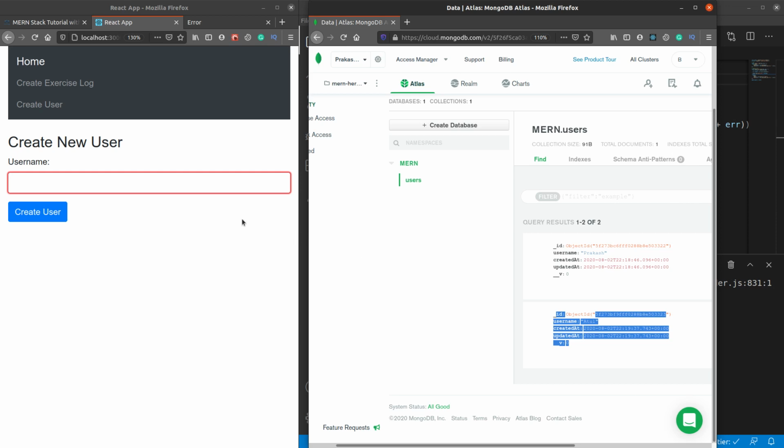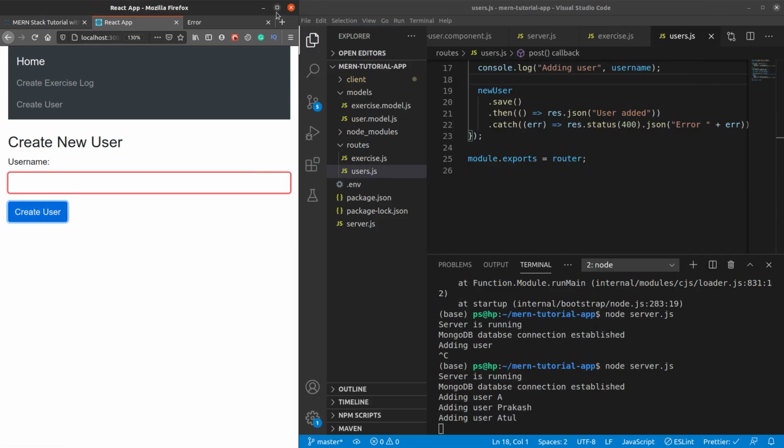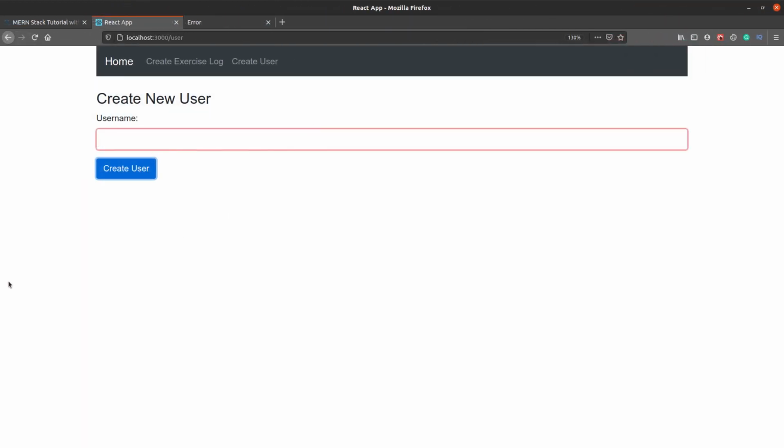Hence we have learned quite a bit about the MERN stack, and in a later video we will complete the other parts of our React application and interact with various other APIs and make our application ready for production deployment.